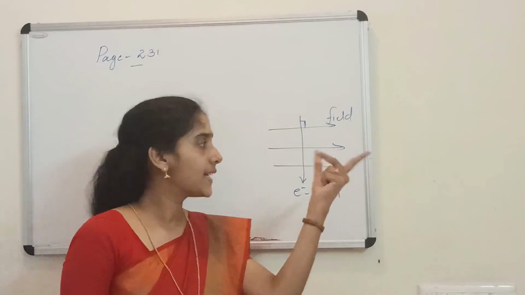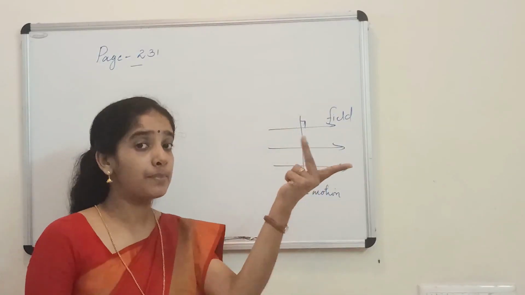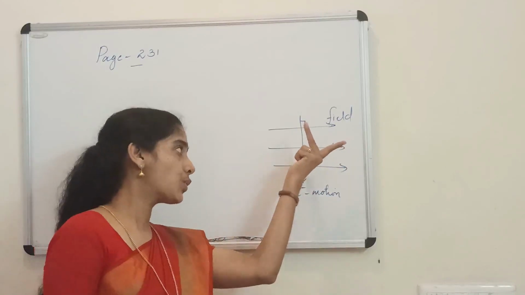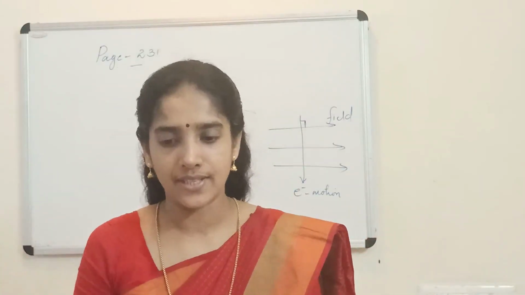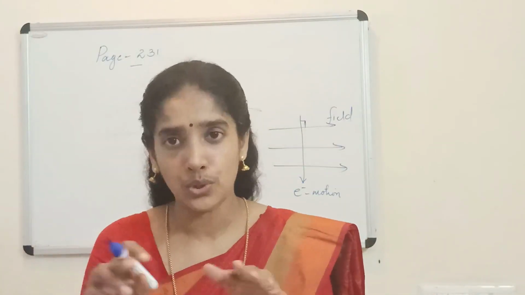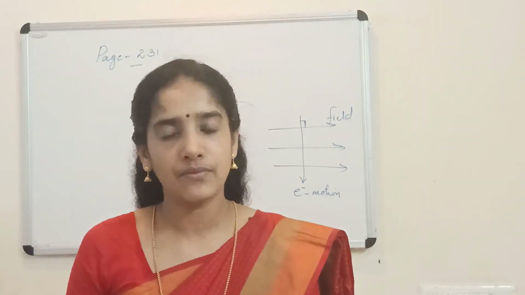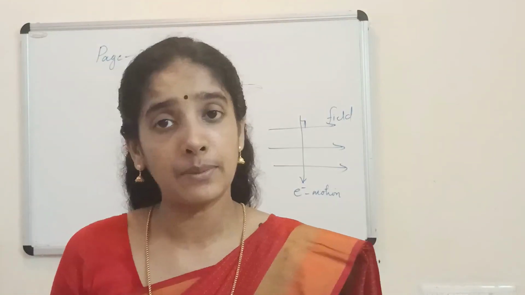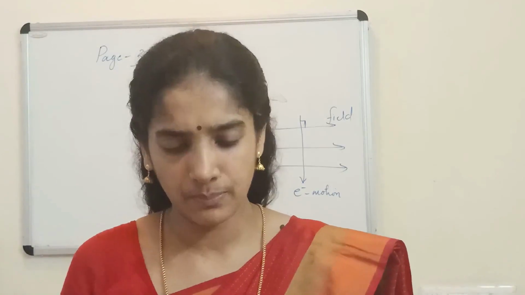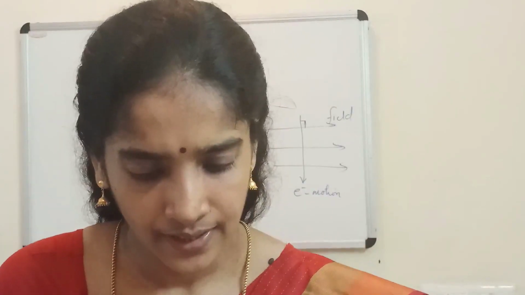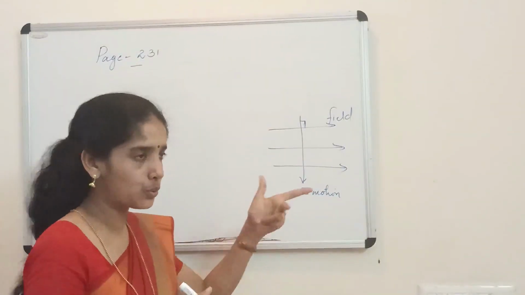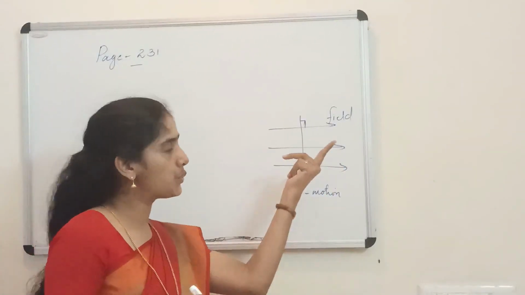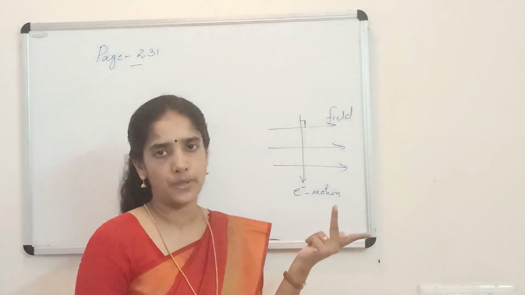So what is the answer? This electron experiences force into the plane of the board. But if you see in the textbook, this figure is made on a page, and that page is kept horizontally. So when you apply Fleming's left hand rule, the thumb will be into the plane of the page. So the answer comes as option D, into the page. But here I made this figure on this board, so I see the force is into the plane of the board.